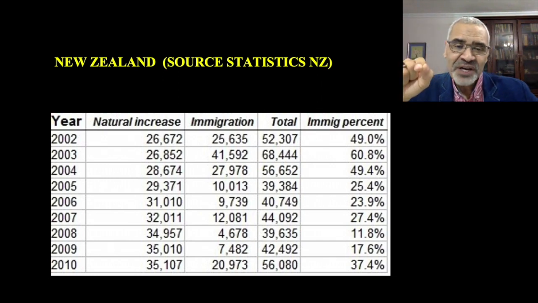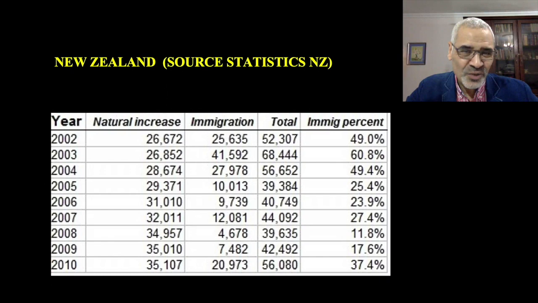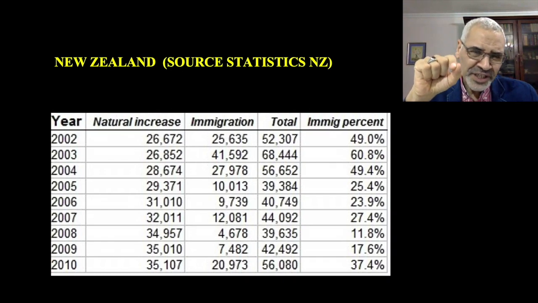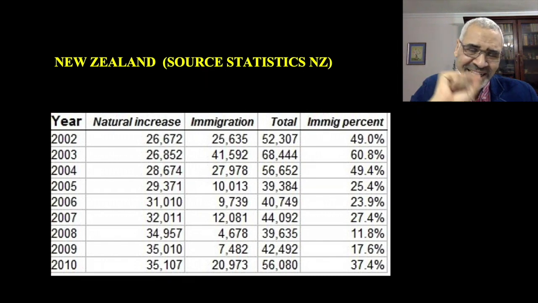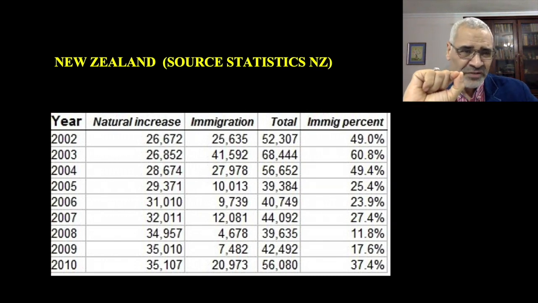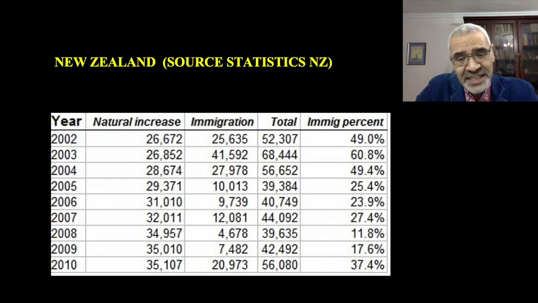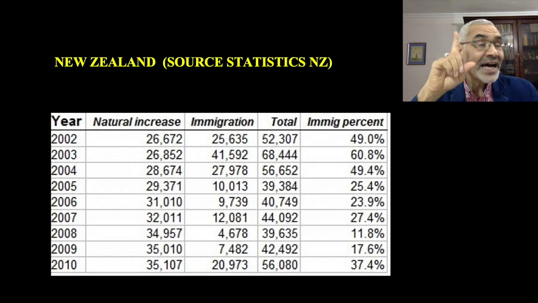49% of them are attributed to migrants. Without migrants, the total population of New Zealand could have been less than the amount of 2002 by 25,000. Okay, so last year, which is 2010, the population increased 35,000 due to the interaction between births, and this is the difference between births minus deaths equal 35,000, and migrants